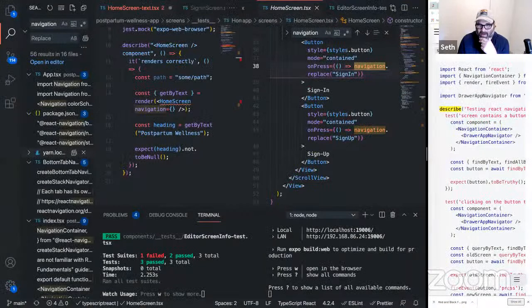We don't need the component. Navigation.replace sign in. It feels like a URL is needed or something, which is where the path came from.